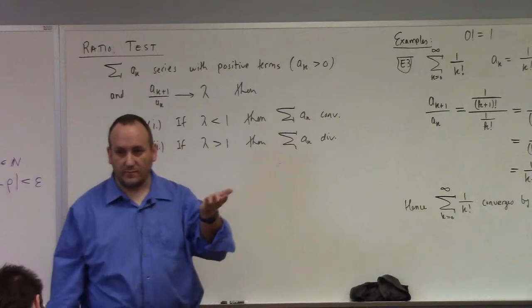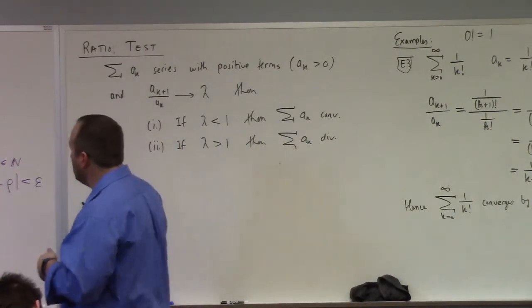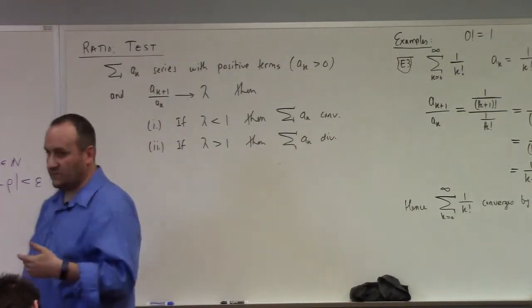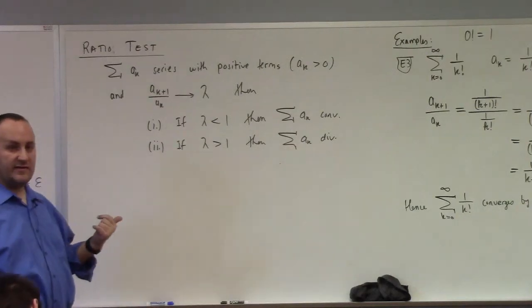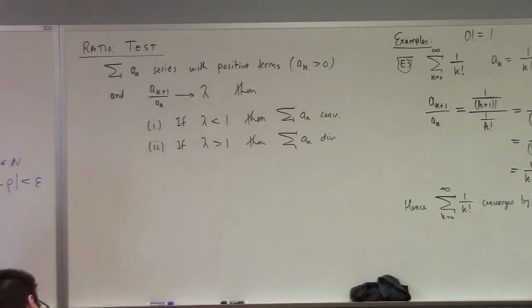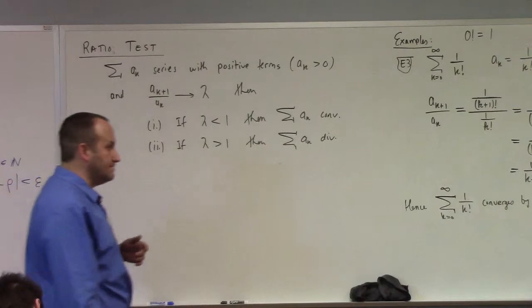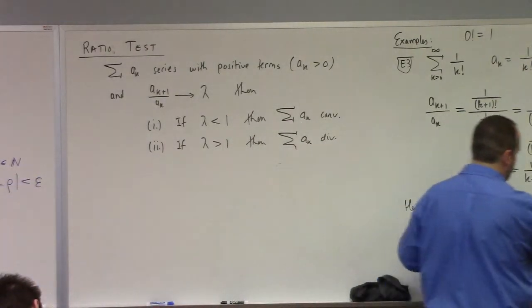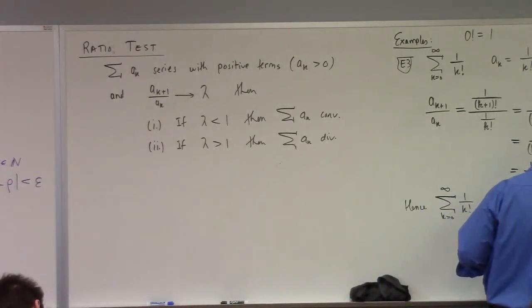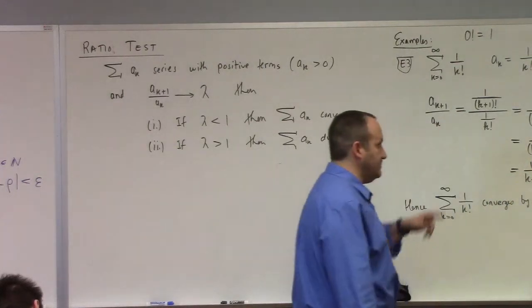So rho in this case, excuse me, lambda in this case was equal to 0, right? Is 0 less than 1? Yeah. This other one here,